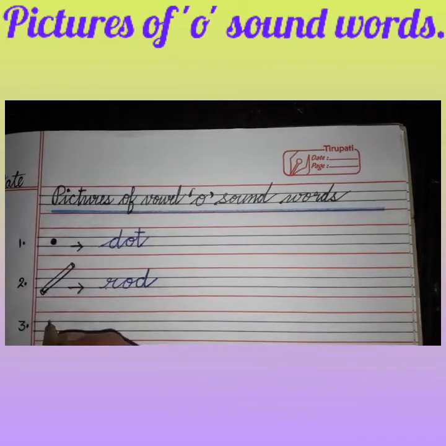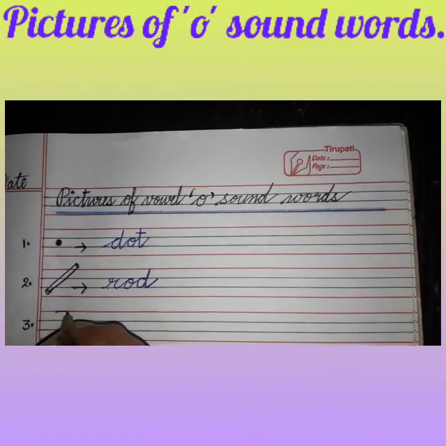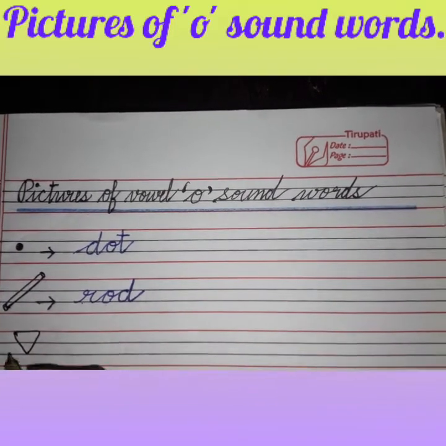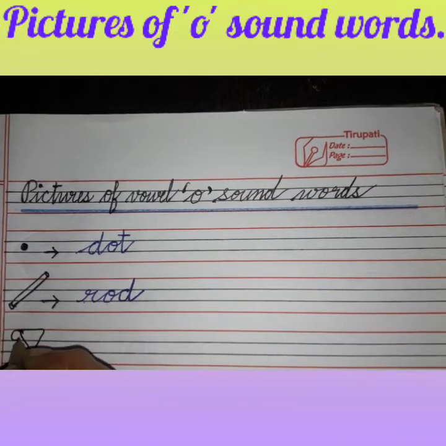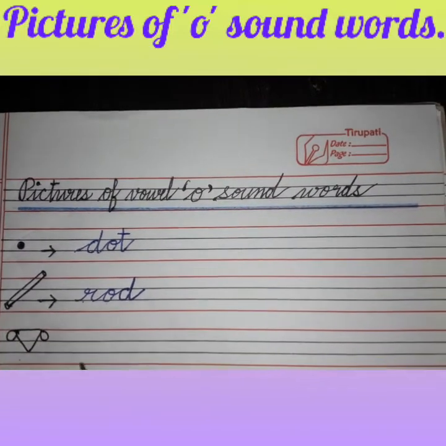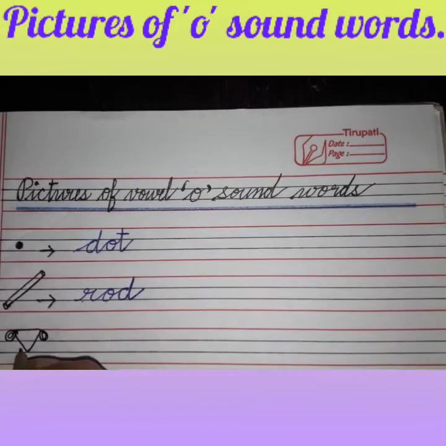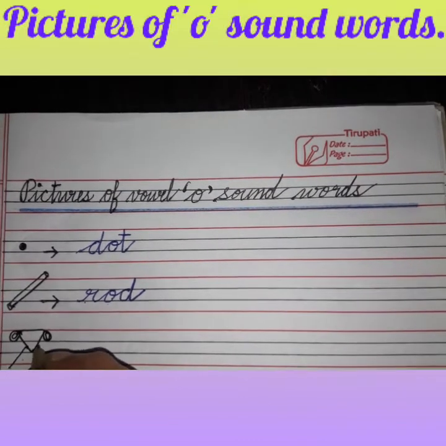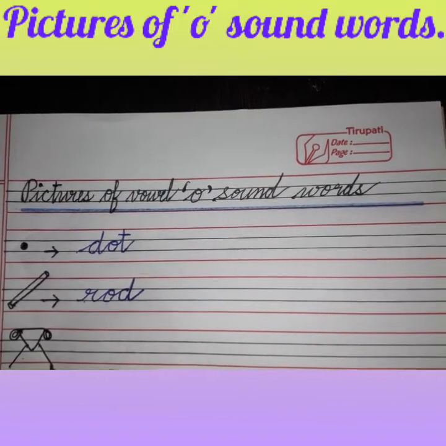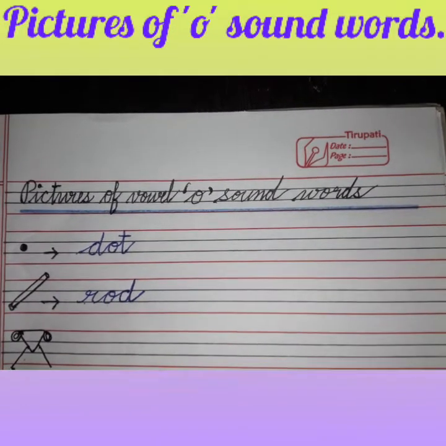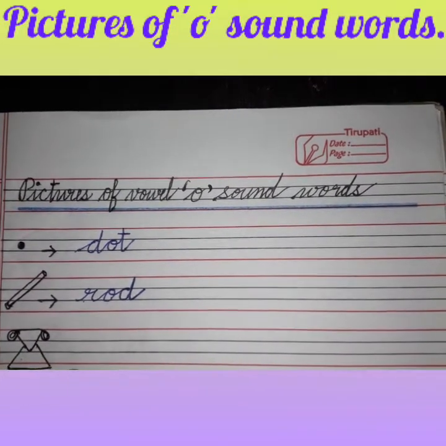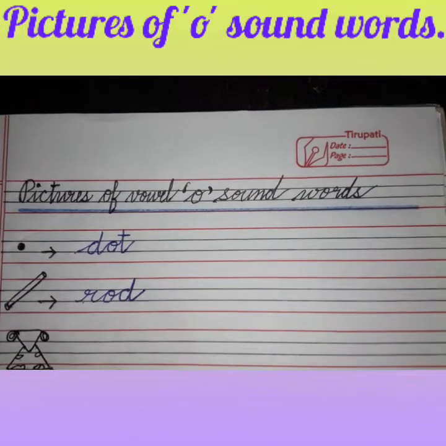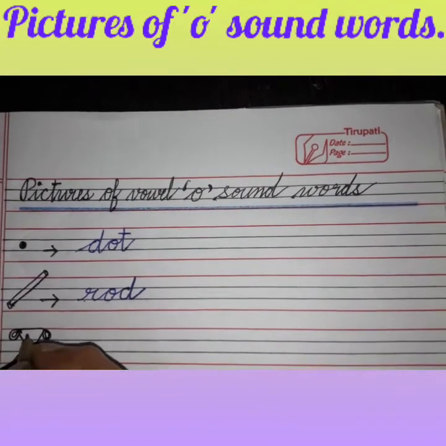Okay? Number 3 is the picture of a dog. Draw a triangle like this. I think you all can make it. Draw 2 circles on both sides of the upper corners like this. Then again draw a slanting line like this. Opposite, you have to draw another slanting line. Then a sleeping line. So you have to draw a dog like this.